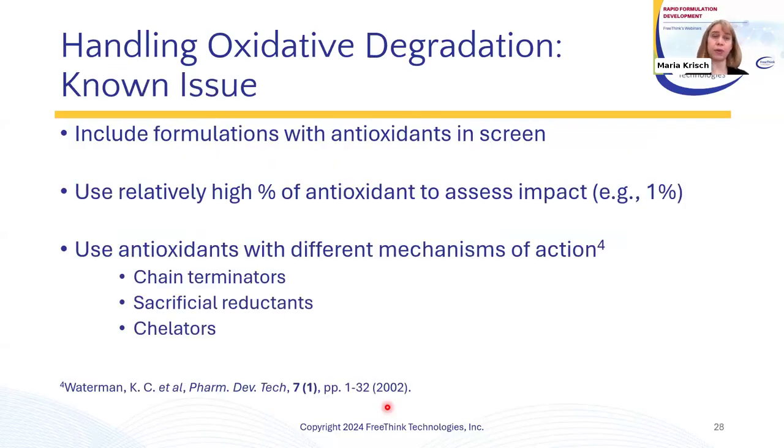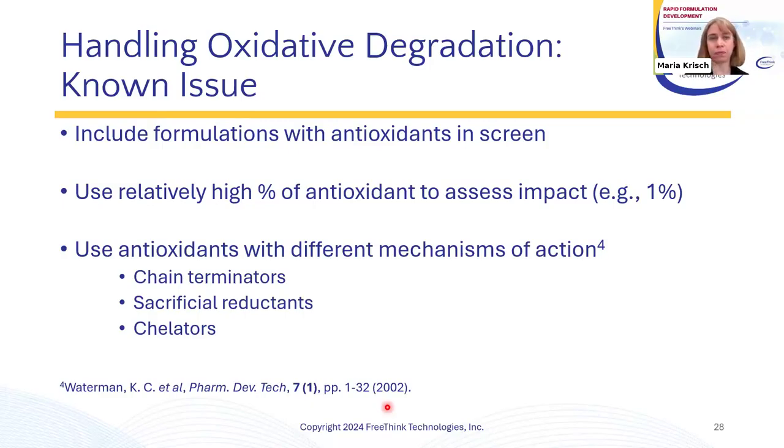So the second category here is when oxidative degradation is a known issue. So this is a case where maybe you had some data from formulation screens, maybe you know something about the chemistry of the API, but you have some reason to believe that oxidation is a problem. And this can even be a case where you have a formulated product and you have oxidation that's out of control. So you could actually do a screen where the entire point of the screen is adding control